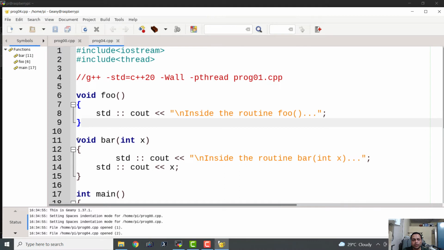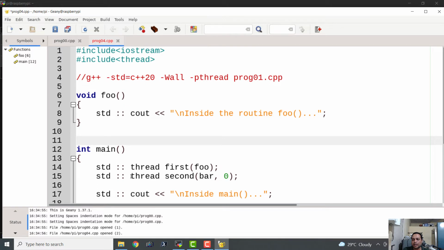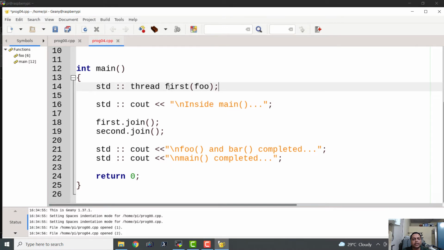Okay, so I'm going to delete the bar function, and here we are going to create one variable for our thread, that is first. Now we can also detach a thread and make it a separate daemon process.